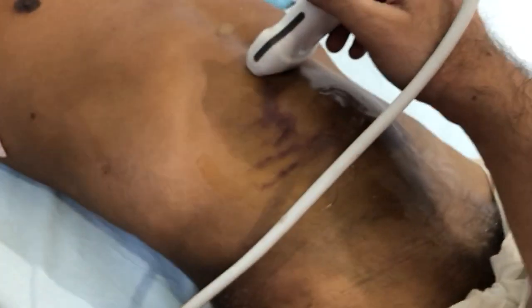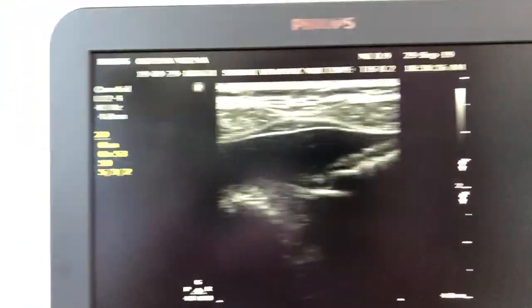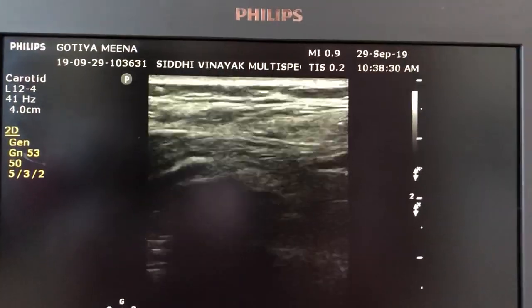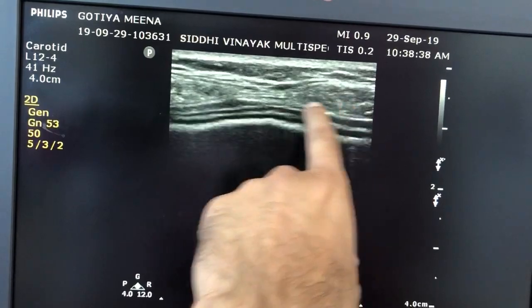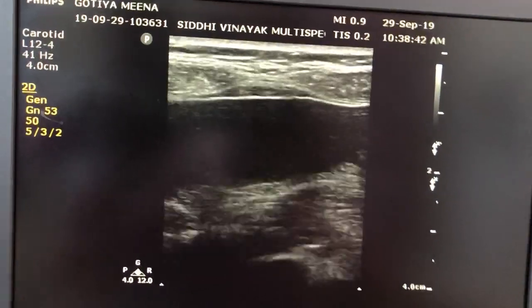This is a case of a 60-year-old male patient having swelling over the umbilical region, and this is a case of midline hernia. These are the two rectus muscles, and this is the linea alba. The probe is placed on the epigastric region here